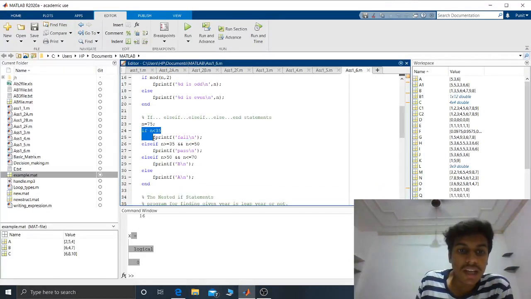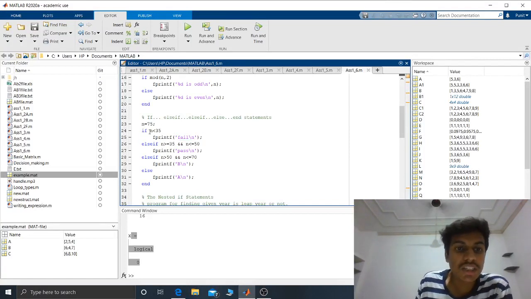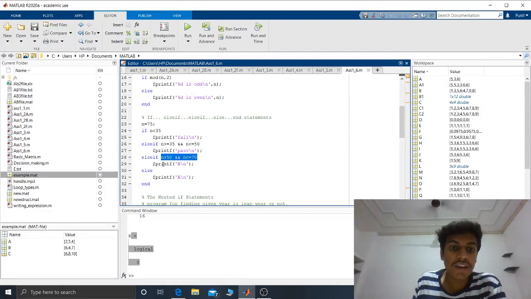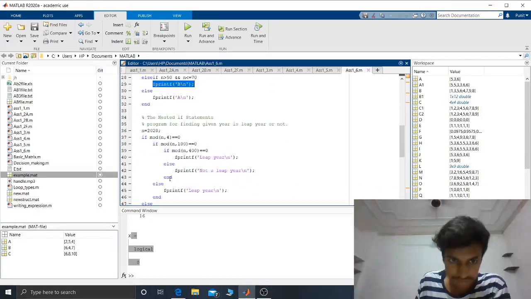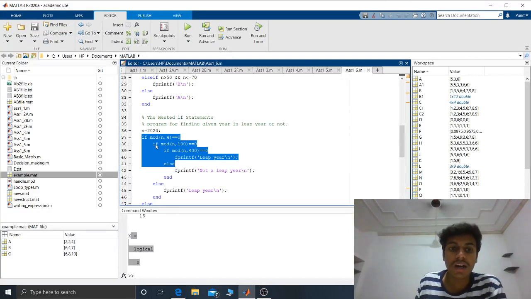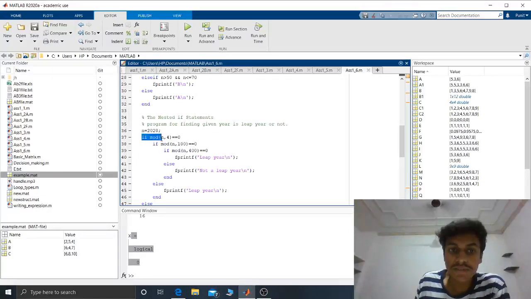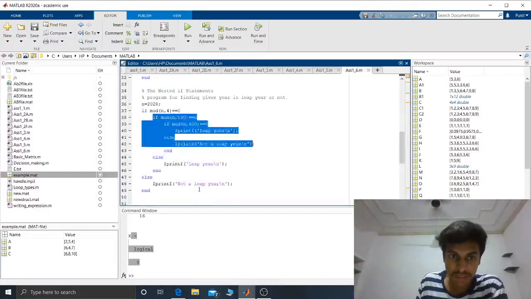If we give some condition to the if and it's not true, then it will go to the elseif part. If that is not true, then again to another elseif. Whenever it finds the condition to be true, it will run that part. Nested if-else works the same way, checking the conditions one by one: if this is true, then it will go down and check the other conditions inside it, like that.